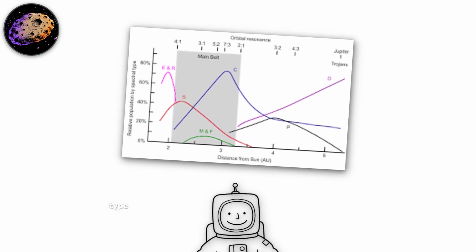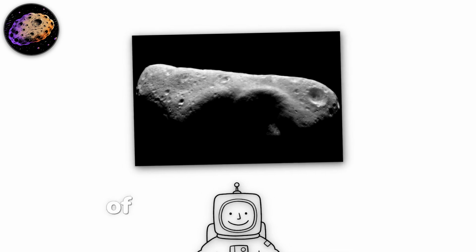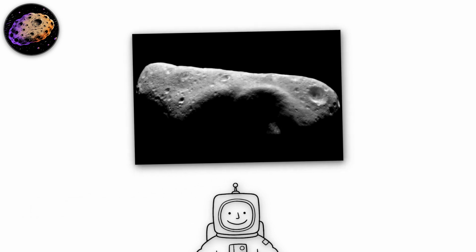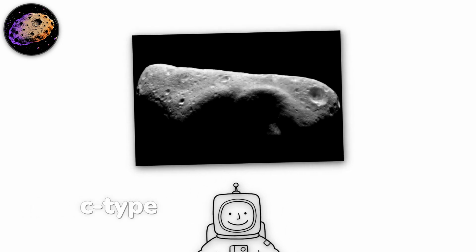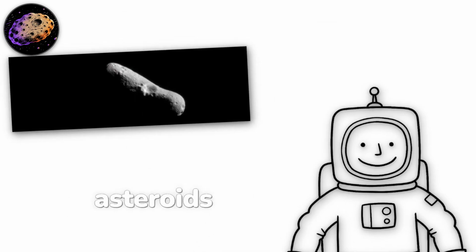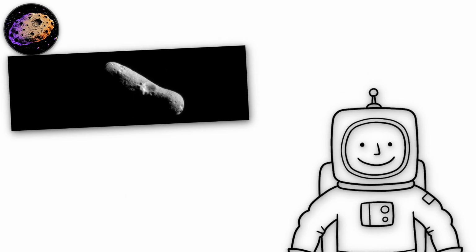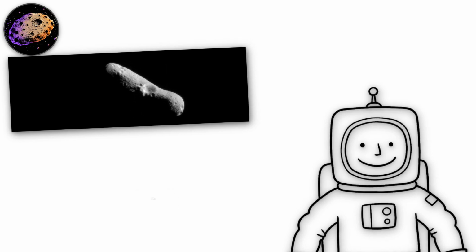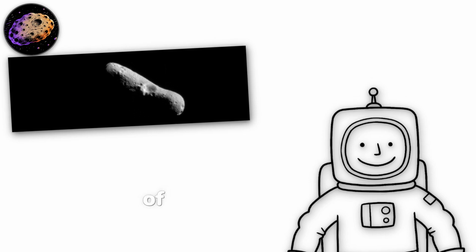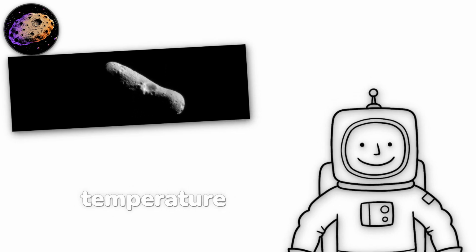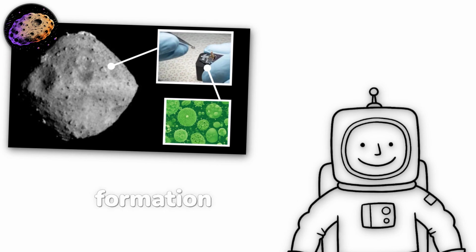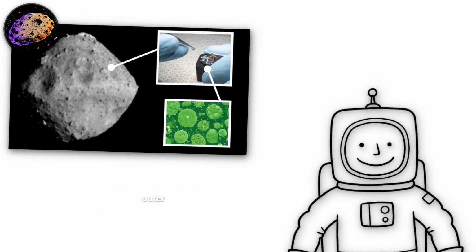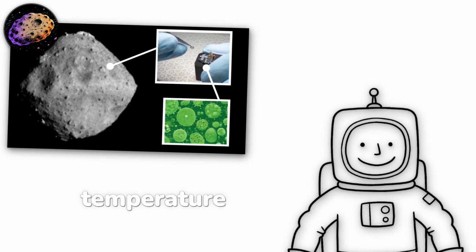S-types were a moderately bright type of asteroid believed to be composed largely of silicate minerals, including olivine and pyroxene, along with metal-bearing minerals that gave them a higher albedo than the dark C-type asteroids. S-class asteroids were quite common in the inner part of the main asteroid belt, their proportion decreasing at greater distances from the Sun. The gradient was the direct compositional signature of the protoplanetary disk's temperature structure, the inner belt's higher formation temperatures producing rocks dominated by high-temperature silicate minerals, while the outer belt's lower temperatures preserved lower temperature carbonaceous